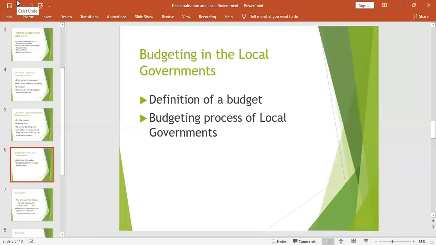What is a budget? A budget is a statement that reflects the funds available to the government, where they come from, and the division of the funds between the functions and the services. In short, a budget provides annual estimates of revenue and expenditure. Now, the budgets for local governments have to be harmonized